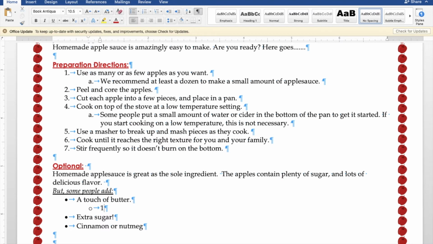Okay, so we're going to say 1 tablespoon is recommended. Okay, for extra sugar, same thing. We're going to click here, enter, tab, start with 1/2 of a teaspoon. A teaspoon can be abbreviated by a little t, and tablespoon can be a capital T. Maybe that's a review for some of you, but teaspoon is also tsp. Okay, cinnamon or nutmeg. Enter, tab,